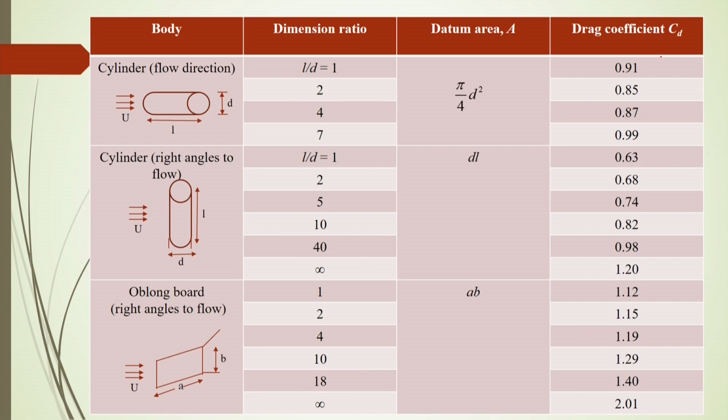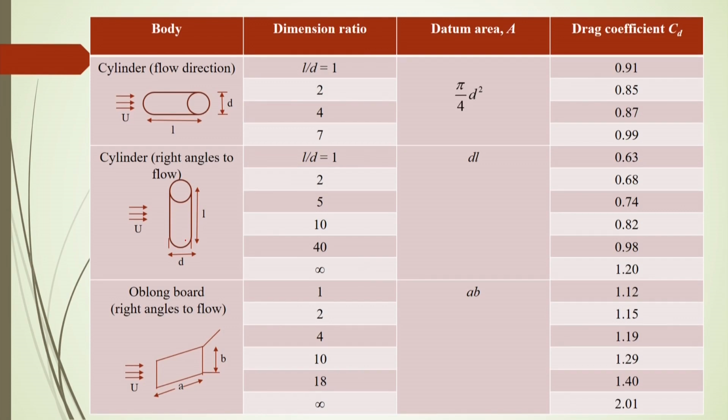Whereas, if we consider this L by D ratio is 2, then you will see the drag coefficient will be different. So, if we change this L by D ratio, then you will see that the cross sectional area will be almost the same, that is, the projected area will be the same, but the drag coefficient will change because of the diameter change with respect to L there. And this L by D is called the dimension ratio, or sometimes it is called the shape factor, or the scale ratio there.